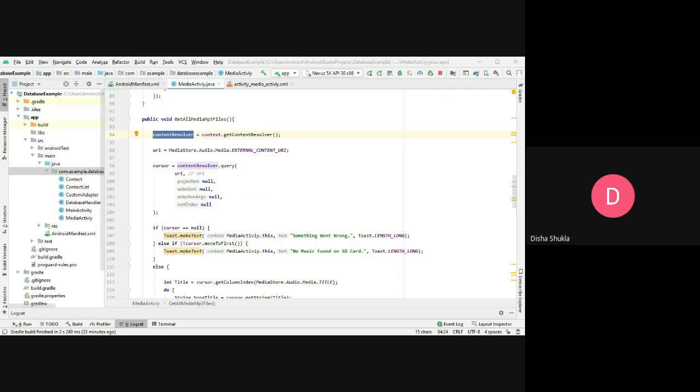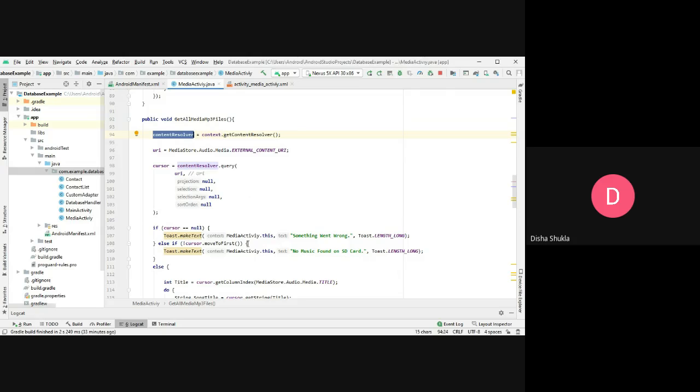The content resolver includes the CRUD methods corresponding to the abstract methods in the content provider class. Whereas the content provider provides an abstraction from the application's content. Content providers provide an abstraction from the underlying data source. They provide a mechanism for defining data security and offer a standard interface that connects the data in one process with the code running in another process.